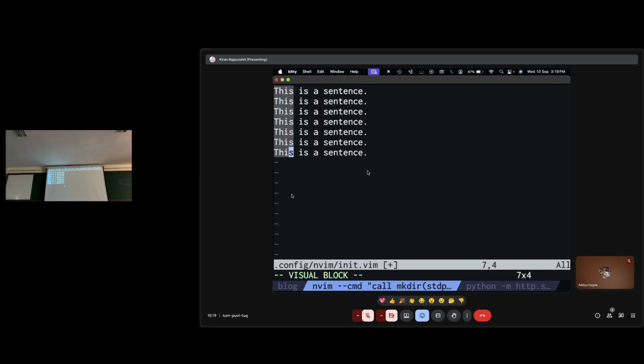Okay, so on Windows, you have to do Control Q because Control V is paste. Alright, so how many of you are Windows users here? Cool. Do Control Q rather than Control V.